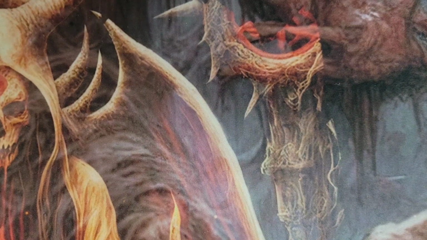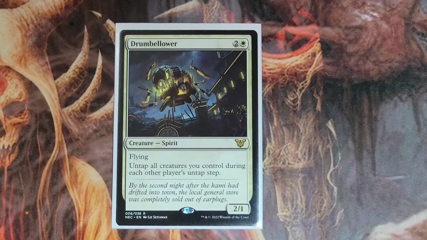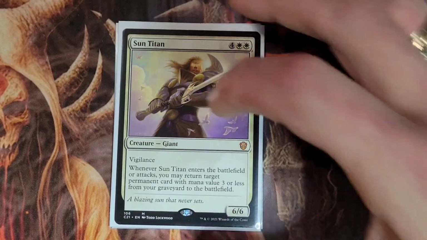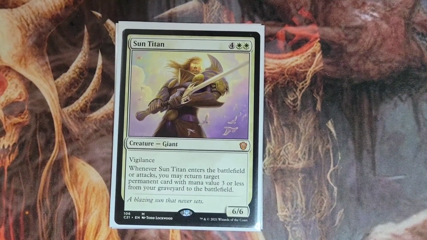Now we have some creatures that are going to synergize with everything we're doing. Because most of our creatures have activated abilities, we have Drum Bellower. We get to untap every single creature during each other player's untap step. And in case some of our permanents get destroyed, we have Sun Titan. That way, when he enters or attacks, we can return those permanents with mana cost 3 or less back to the